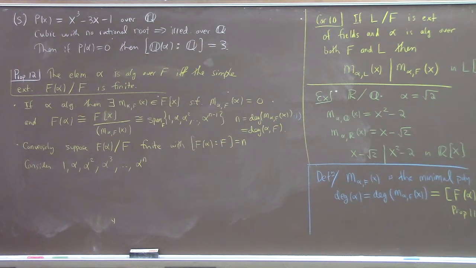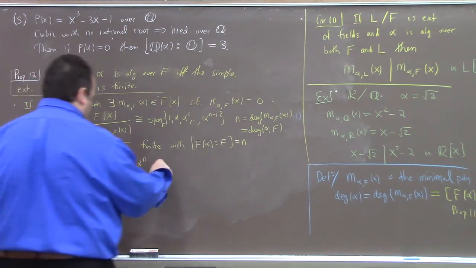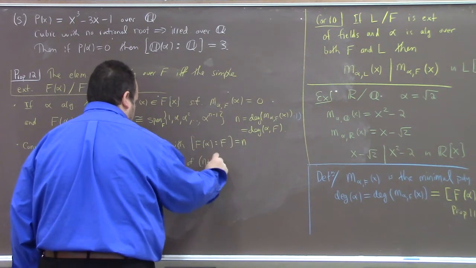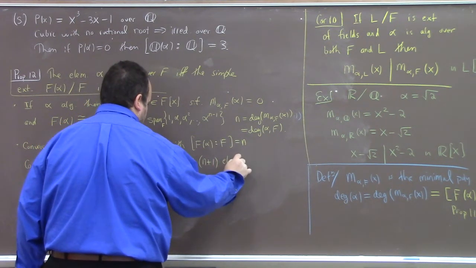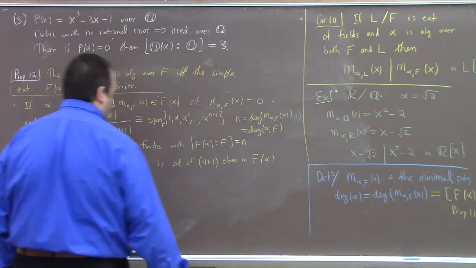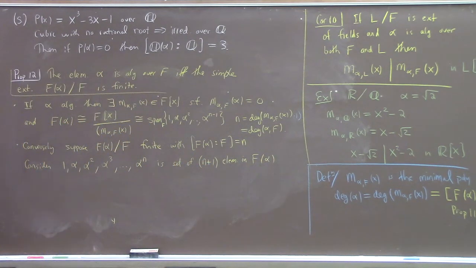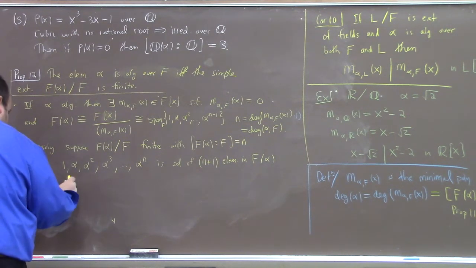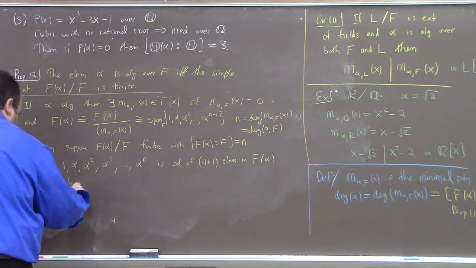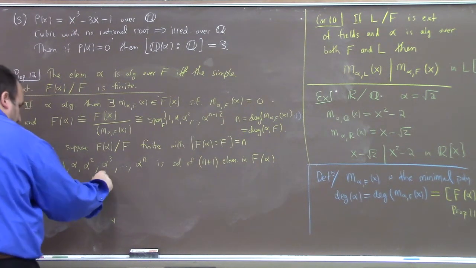That is a set of what? n plus 1 elements in F(alpha), right? Therefore, that is a linearly dependent set because the dimension is n. So that implies that there exist b0, b1, ..., bn in F, right,